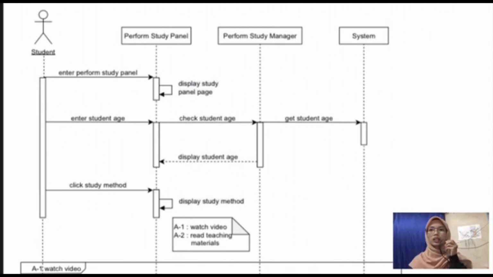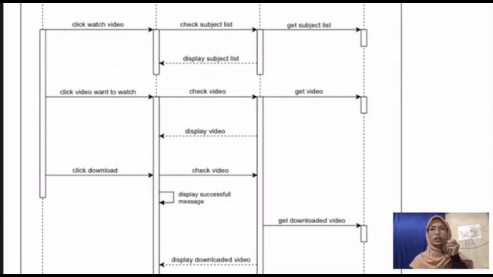Then the student needs to click study method. Then it will display the study method, which is watch video or read teaching materials. If the student clicks watch video, it will display the list of the subject, which is it will check the